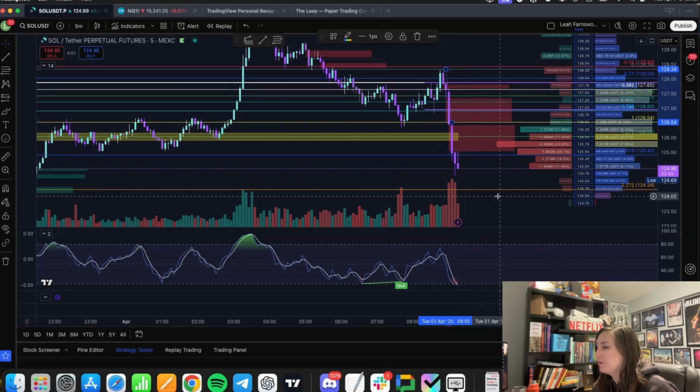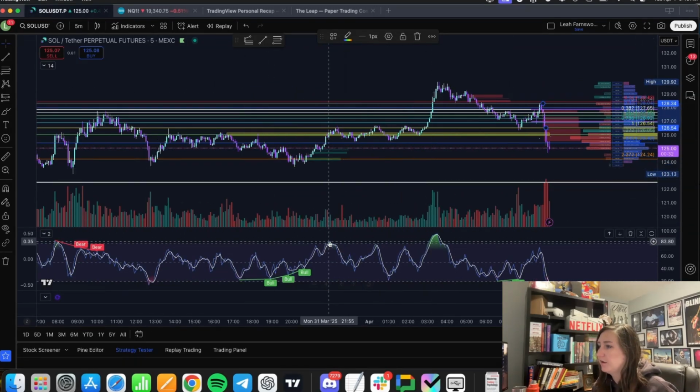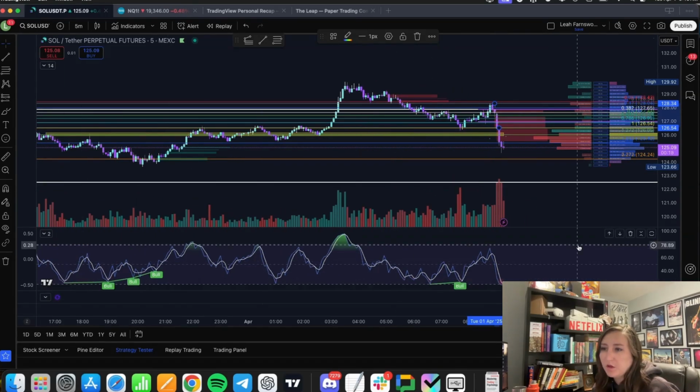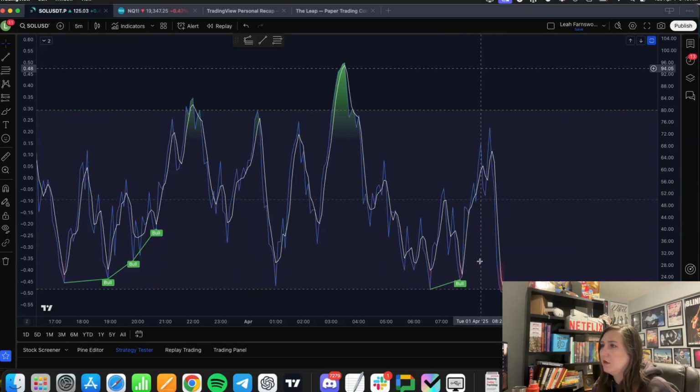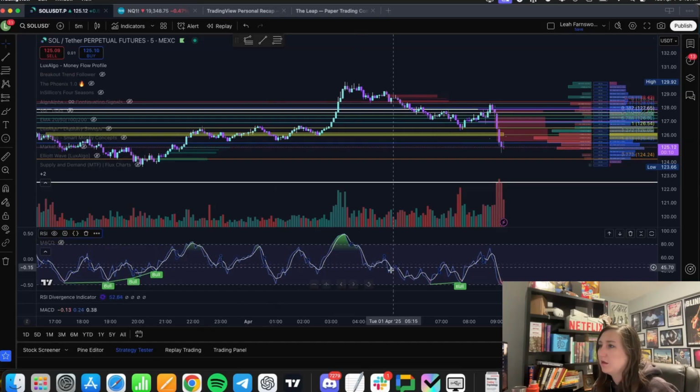I just get nervous with these RSI highlights. A lot of the times when you see this highlight on the RSI, it'll flip on you. So you can see that up here. We had this big RSI highlight and it completely flipped. Here's another example. It didn't really completely flip, but it kind of ranged and took forever and then shot up. Here's another one where it was oversold, completely flipped. So I'm always watching this RSI highlight, and you can actually see, let me see if I can pull up the settings for you on this. But here are the inputs I use for that RSI, which is a 7 RSI length, close,